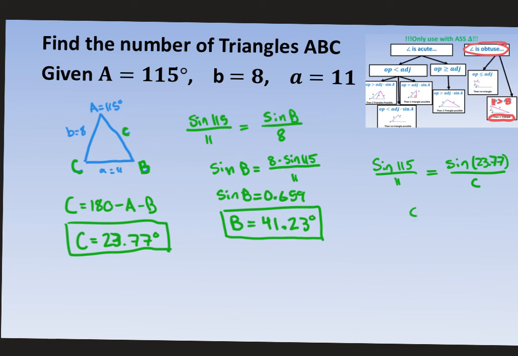Cross multiply, you'll get little c equals 11 times the sine of 23.77 over the sine of 115. So I just cross multiplied and divided the sine of 115 over. I'll plug that into my calculator. 11 sine 23.77 divided by the sine of 115 equals little c is